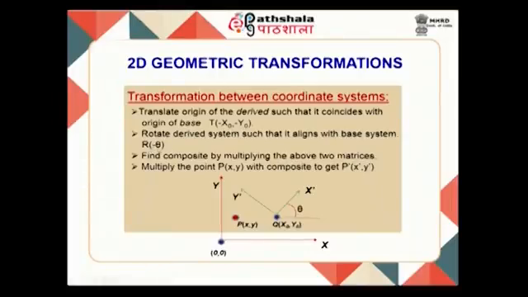The third step is to find the composite by multiplying the above two matrices. You are not putting it in the reverse order because that is not our aim. We are not retranslating or re-rotating. A translation and an inverse rotation, that is clockwise rotation, aligns x dashed with x and y dashed with y,